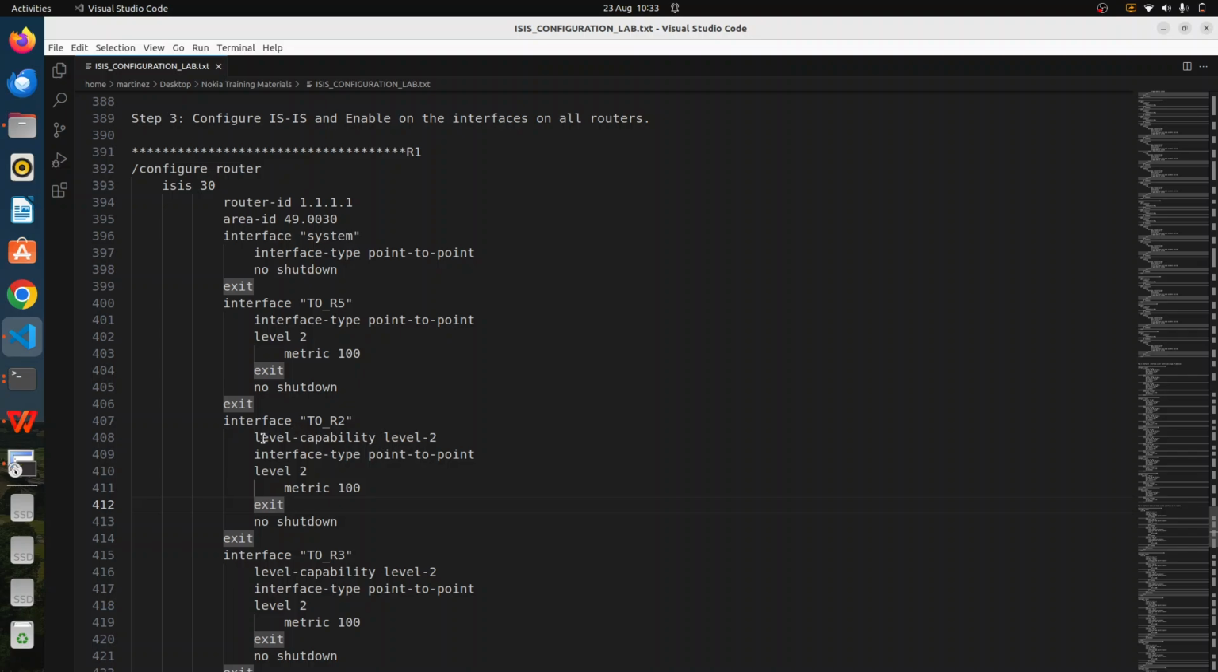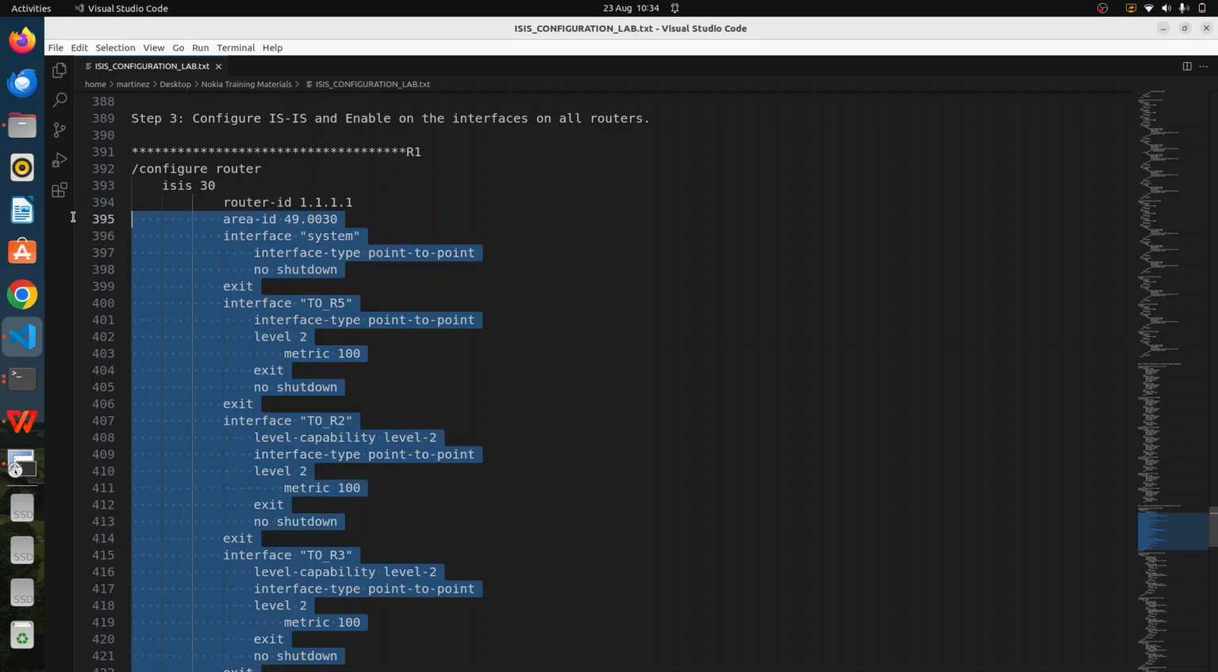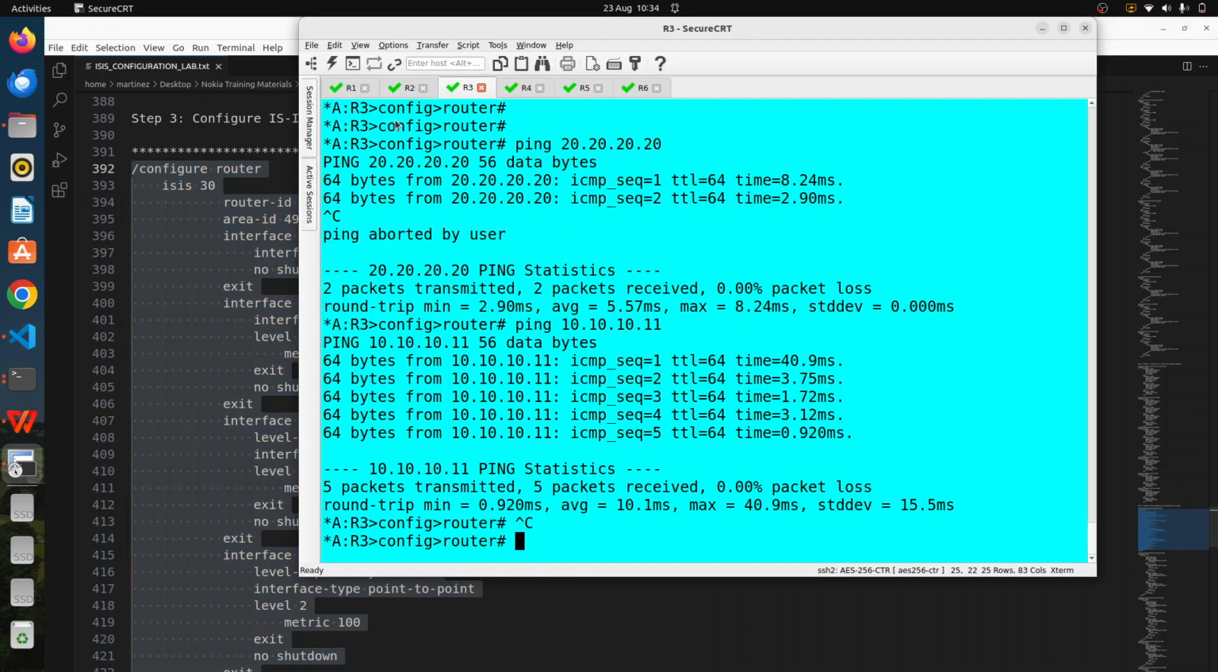So remember, we have level 1, level 1, 2, and level 2. So you can specify the level that you want your interface to be in. So you can see that these ones are defined as level 2, and the metric is configured as 100. So these are the ISIS configuration that we need to apply on R1. So I will copy this, log into R1,